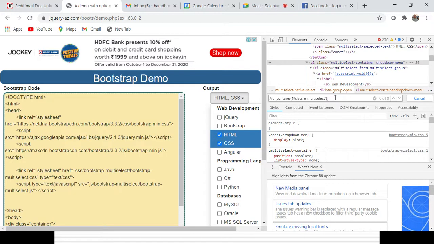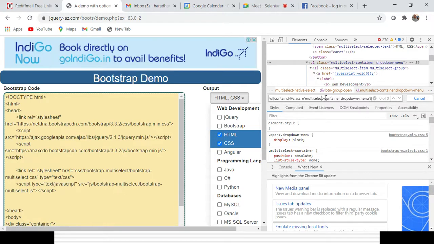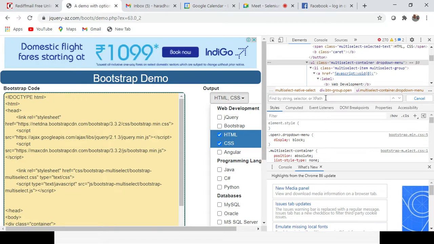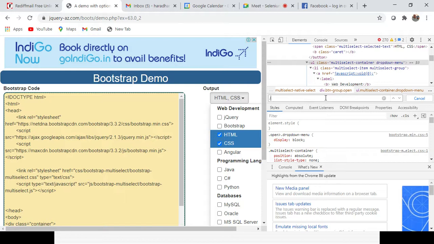Okay, class multi-select, I can give the remaining part as well. Let's see whether it is working or not here. If I want to give the remaining part, /UL. Okay, let's close it first. /UL.